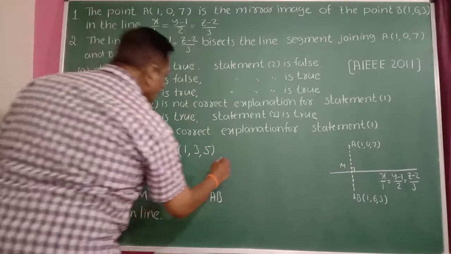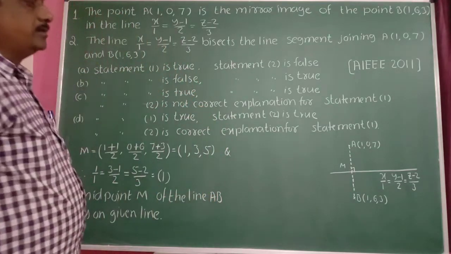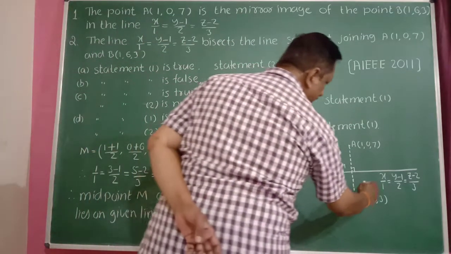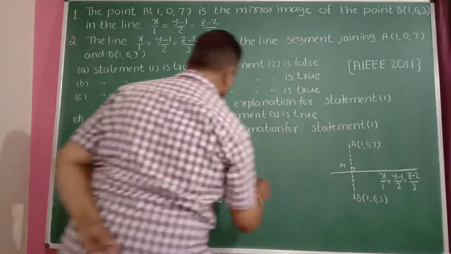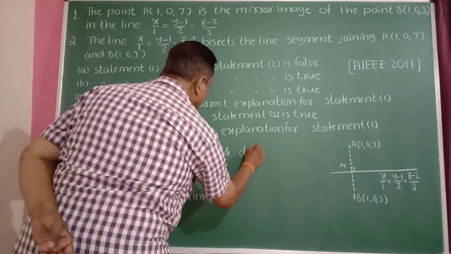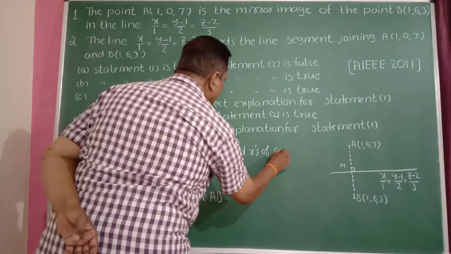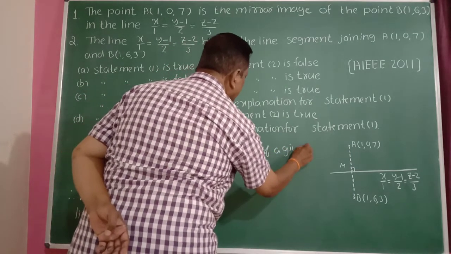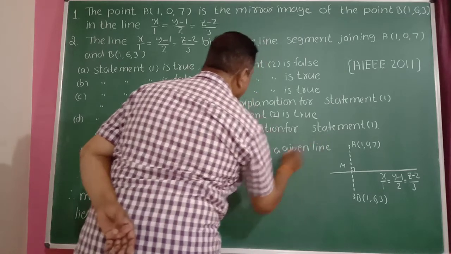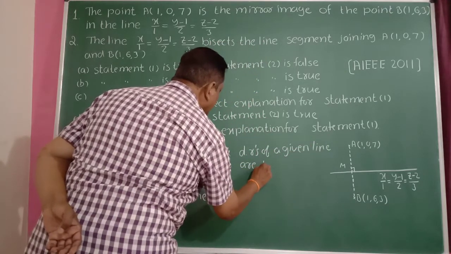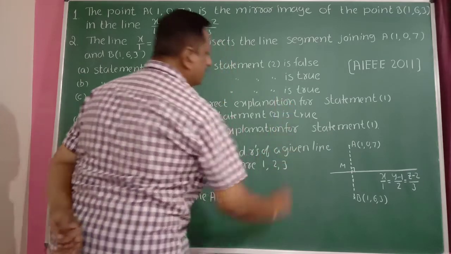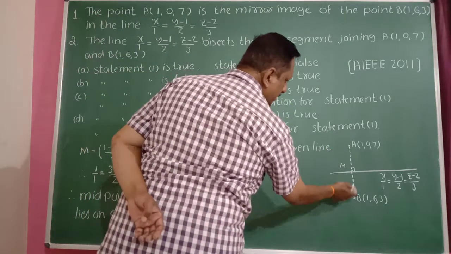And just observe the direction ratios of this line: the direction ratios of the given line are 1, 2, 3. Direction ratios of this AB,